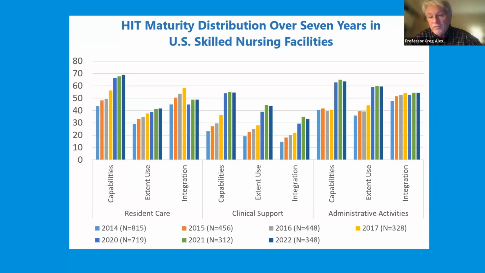And what happened was, we believe that there was this rapid uptake because there was no other options in order to get people access to the care that they needed when they were isolated in facilities. And then you'll also see that same sort of trend in administrative activities. And so these are important trends to keep track of. They help us understand where the gaps are. They help us understand where